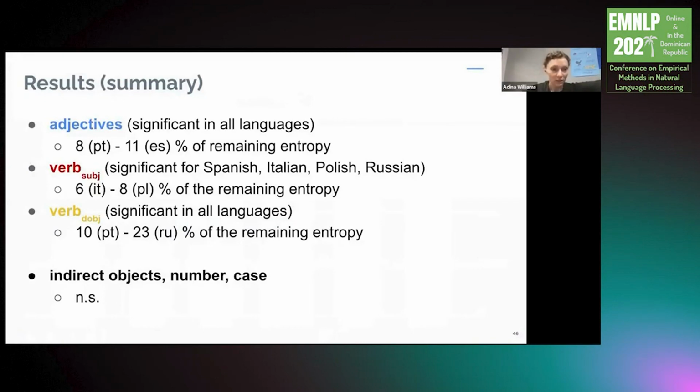We also found significant relationships for verbs and the gender on their subjects, and verbs and the gender on their direct objects. For the subjects, it was only significant for 4 of the 6 languages. For direct objects, it was significant for all. And the magnitude of these effects was pretty big for direct objects,